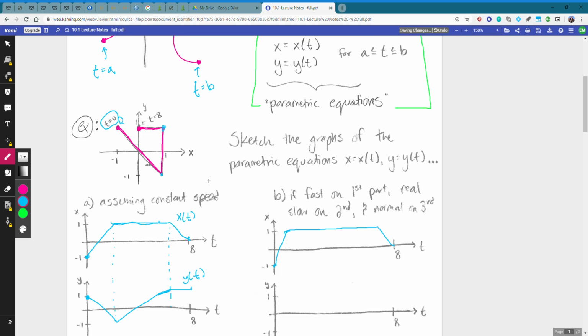And thinking about y, during the first part we're going super fast. Y is quickly decreasing from +1 down to -1. So starting at +1, then at the same time we're going to hit -1, going down there. And then y is slowly increasing, since we're going slow on the second part, up to 1. And I'm just going to give myself an anchor point over here, right? We want to get to 1 right about here. And so our y is going to be moving slowly